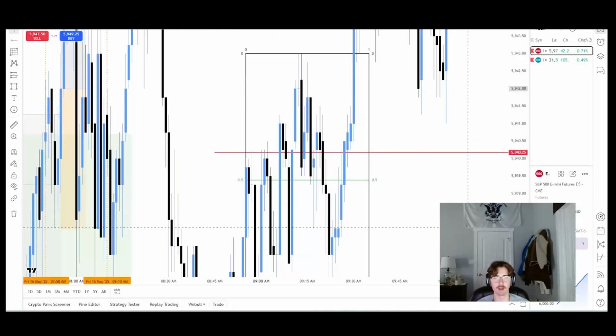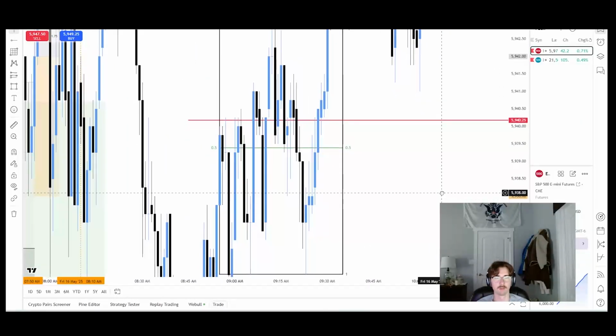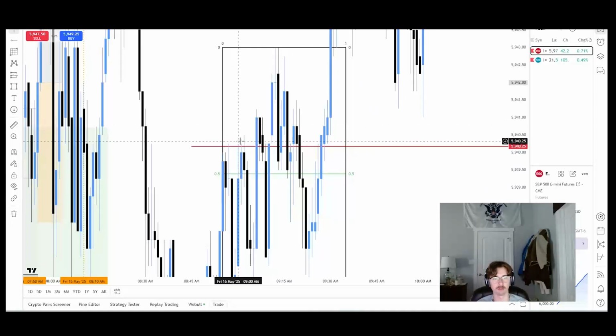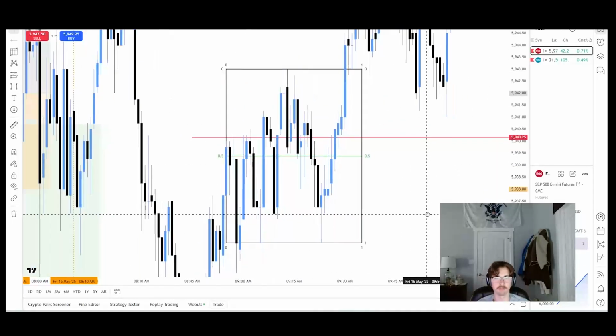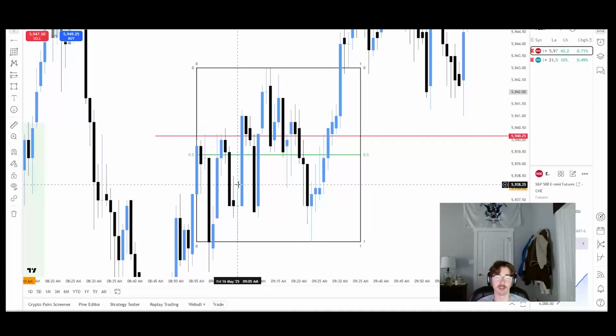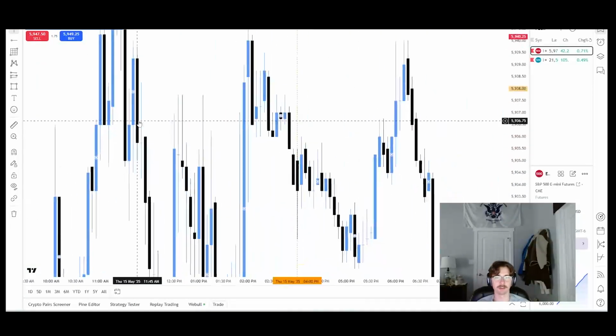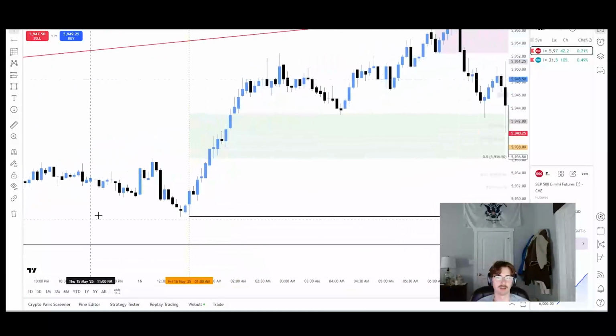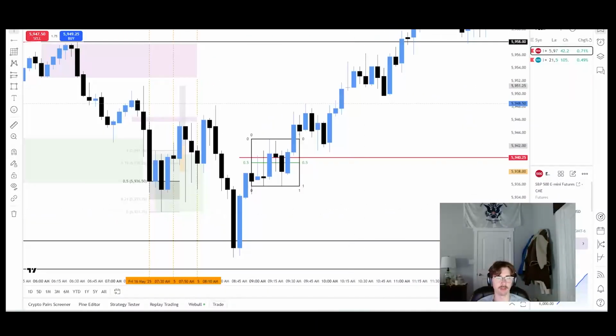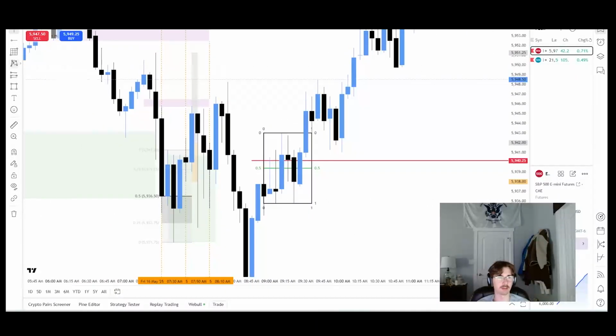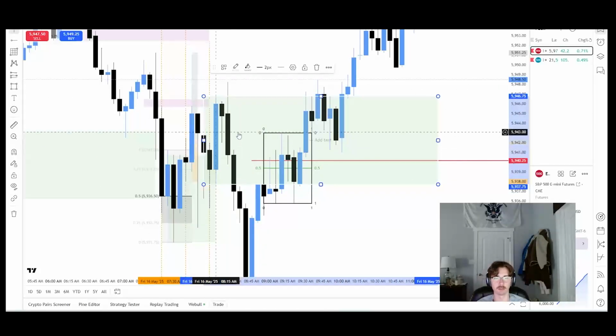We'll even try to find it right now. So yeah, super chop. So we broke structure right here. Some big candles. This was at 9 too. I guess really just to close somewhere out of this range. The best confluence would probably be a breaker block right here. This is a breaker block.